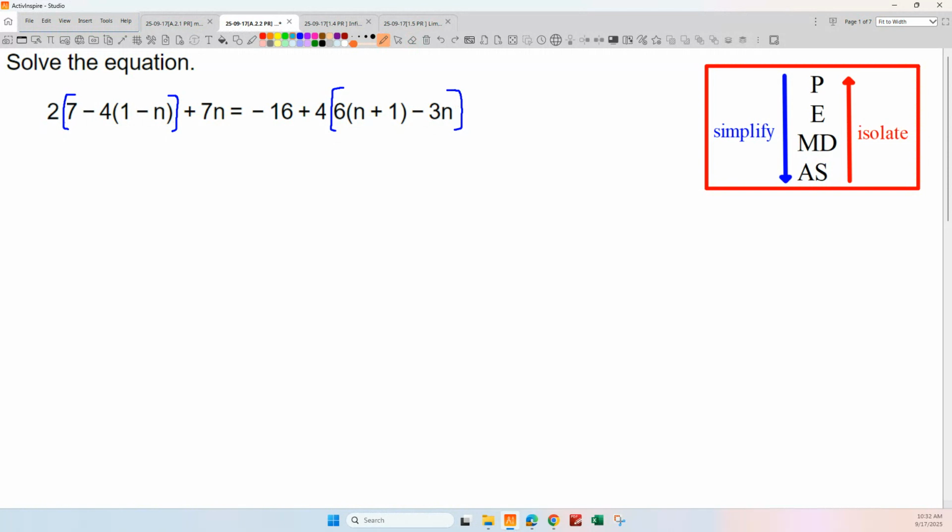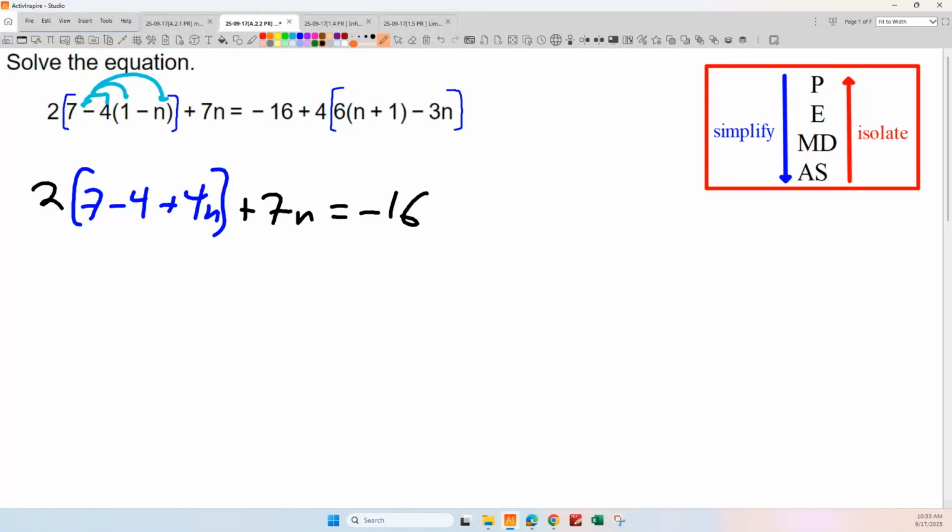So what am I distributing, everybody? The negative 4. There you go. I'm going to distribute the negative 4 to both parts. And what's that give me then? I get 2 times 7. What do I get when I distribute the negative 4? Plus 4n. There was another common mistake. People, when they distributed a negative, they forgot to change the sign and make a negative times a negative positive. Okay? On the other side,